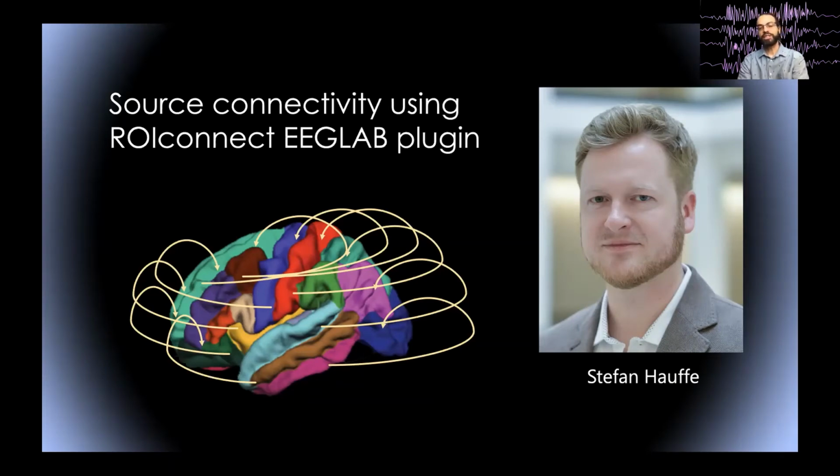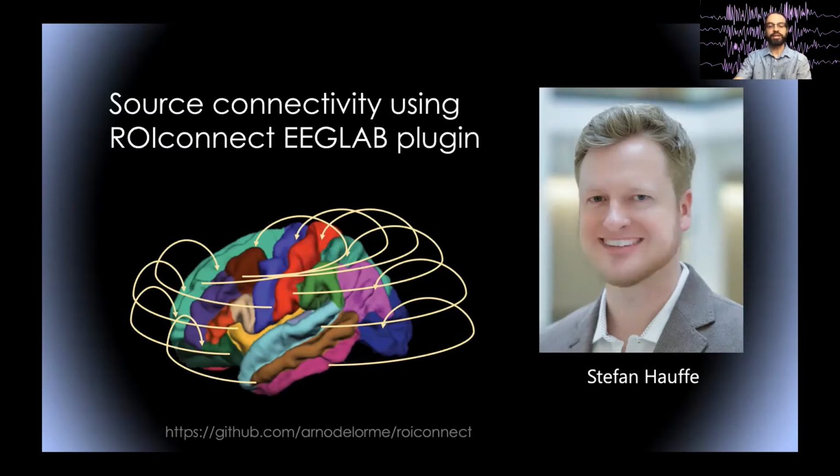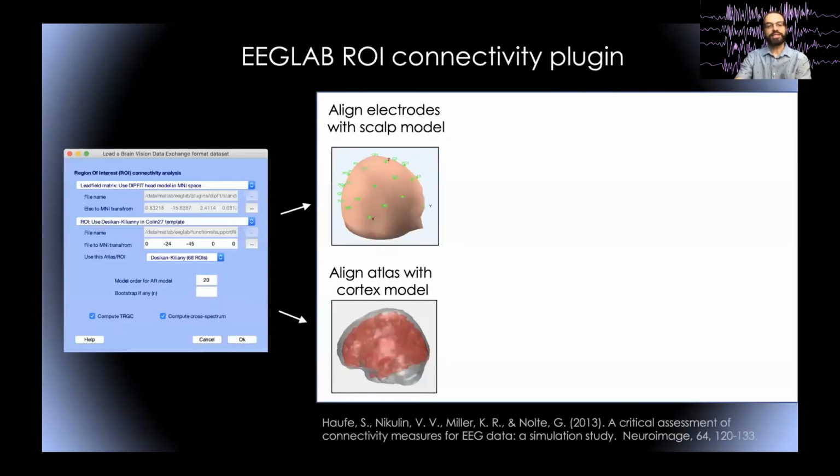And this was developed by Stenhofer, and he had some code, and he sent it to me, and I put it in the plugin, and then he was really happy. We did that together, and so this is the interface to the EEGLAB plugin, in which first you align your electrodes with the scalp model, then you align the atlas with